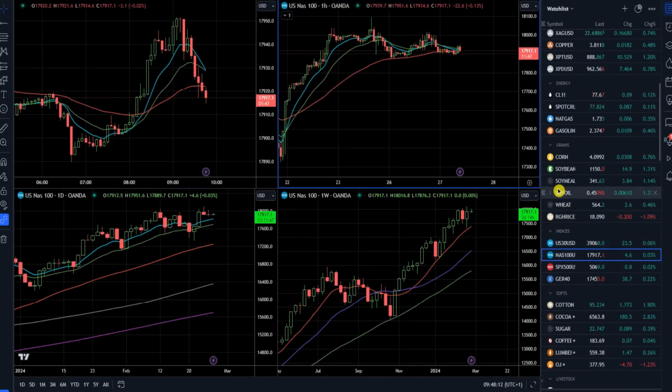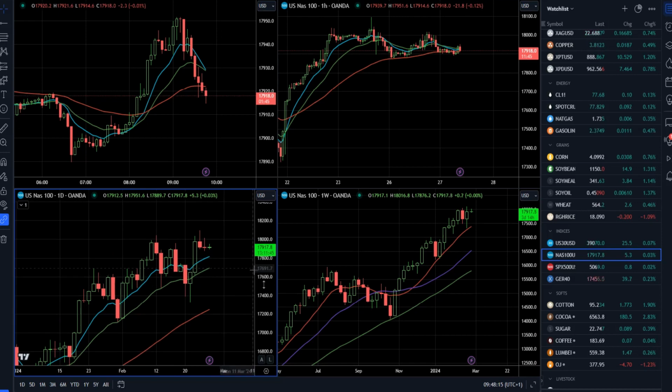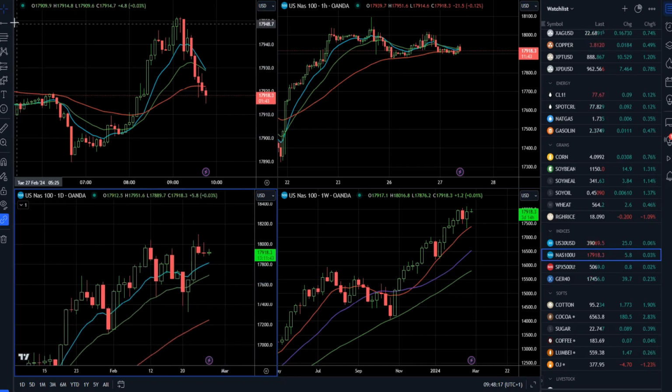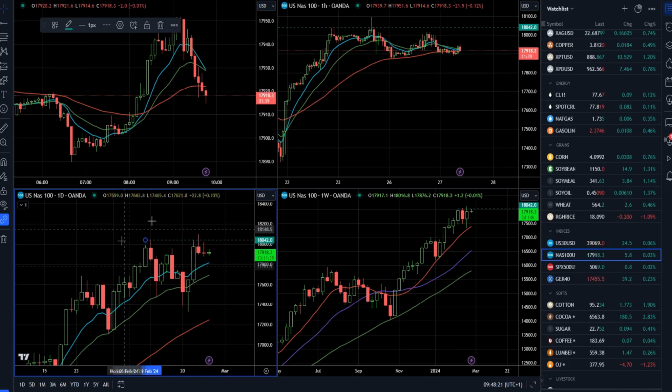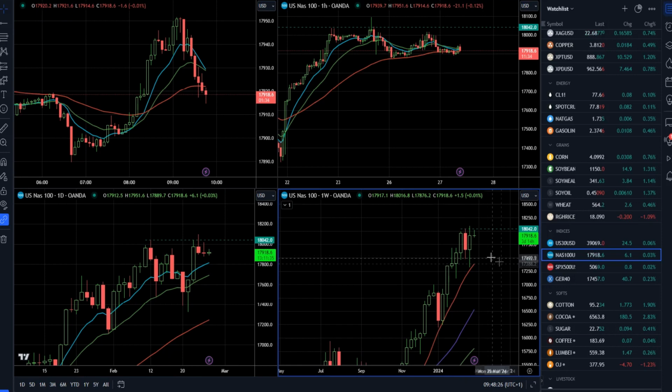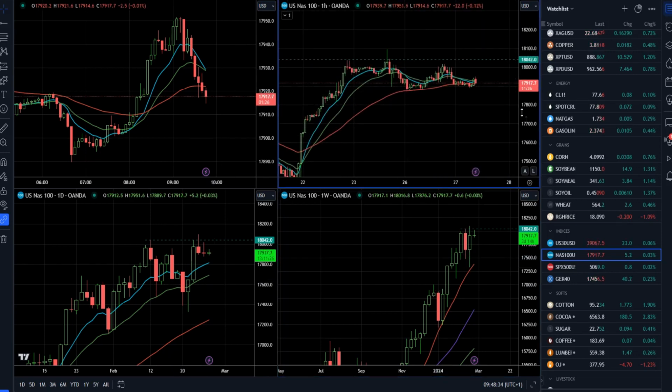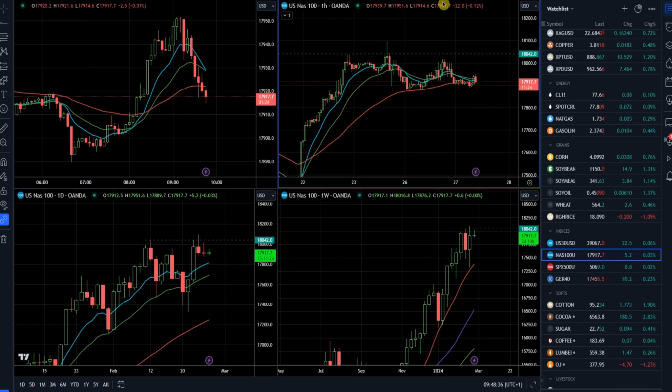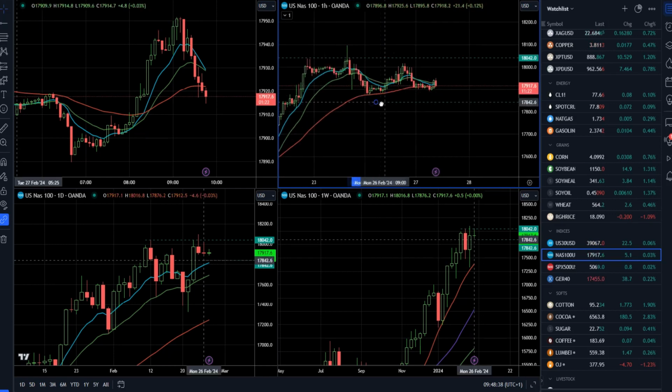Now NASDAQ 100, we have 2 days in a row, we have pretty tight consolidations and one pin bar, one tail. So can this be a double top? There is a potential for that. Weekly time frame, we had an outside week, but the close was not near the high. So there is a chance that we have more consolidation on hourly time frame with a key support and swing low around